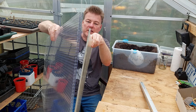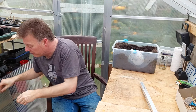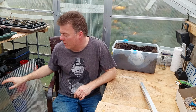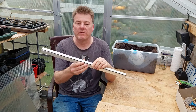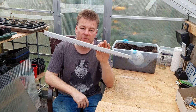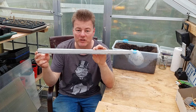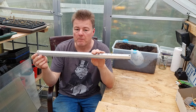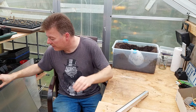But there are a few little tricks to actually installing it and converting it so that you no longer have these issues. With polycarb, it's two layers, almost like corrugated cardboard. One of the issues is that if you get that stronger polycarb that's a little bit thicker, it's very likely in a lot of cases that it won't fit into these grooves anymore, and that creates a problem because you can't use it in its current form. But there is a way to get around that to add additional strength. So the way that I've done it